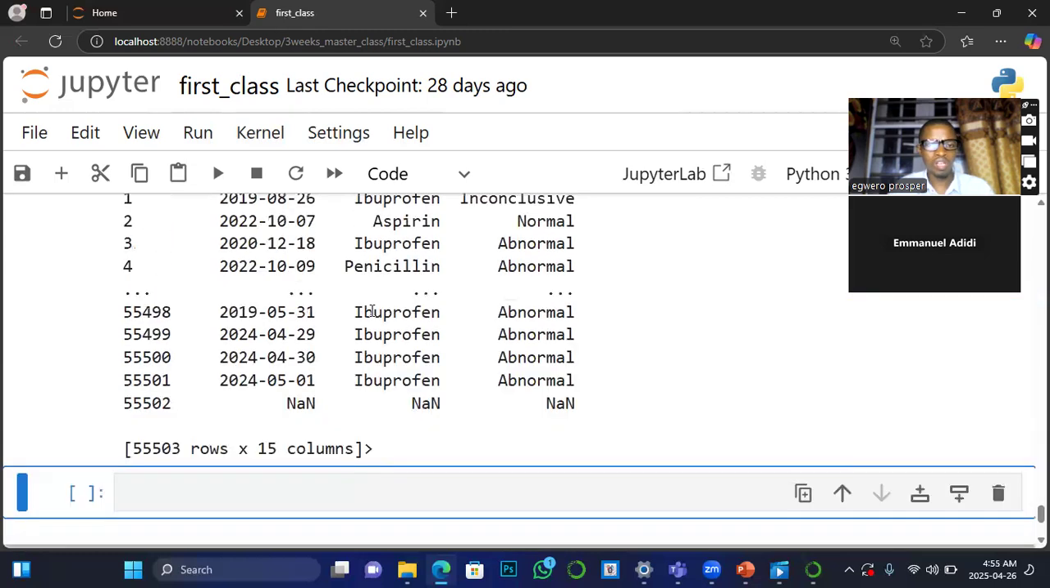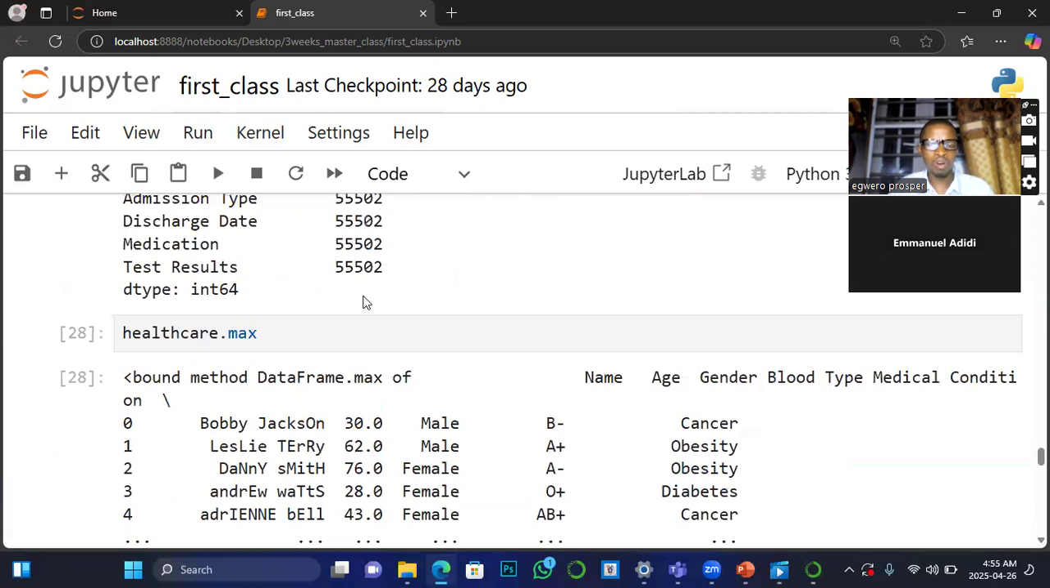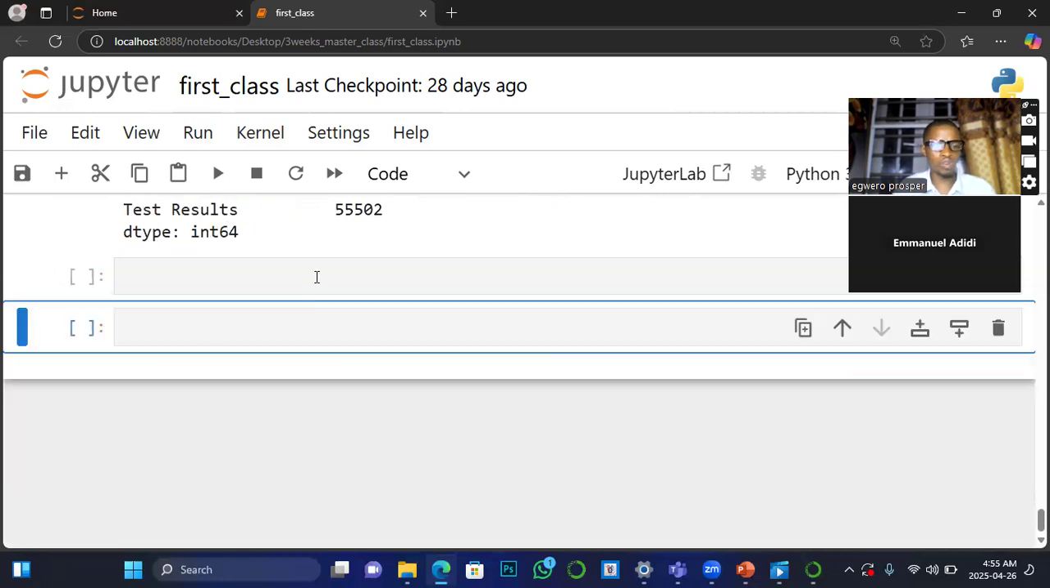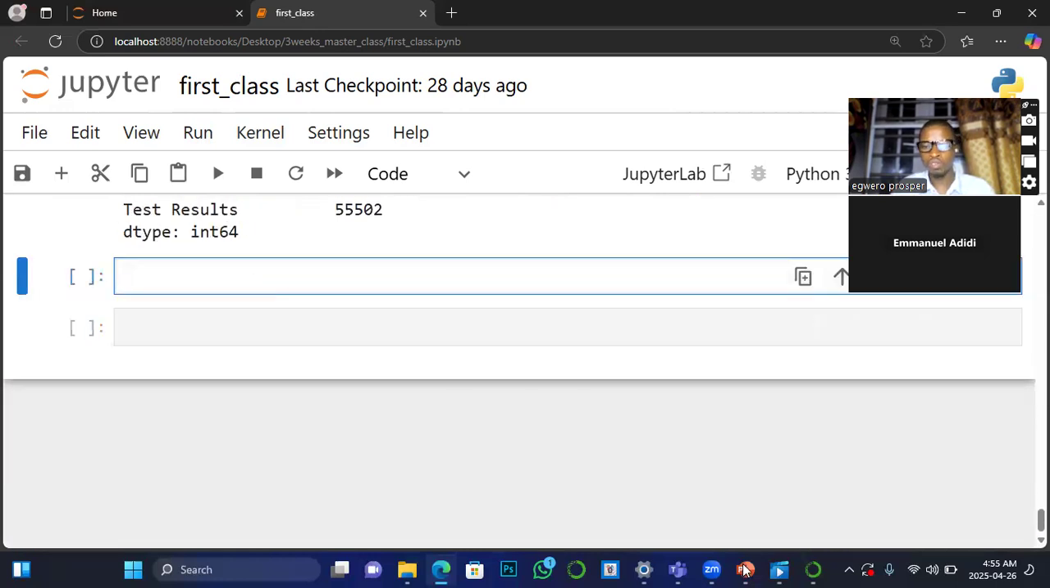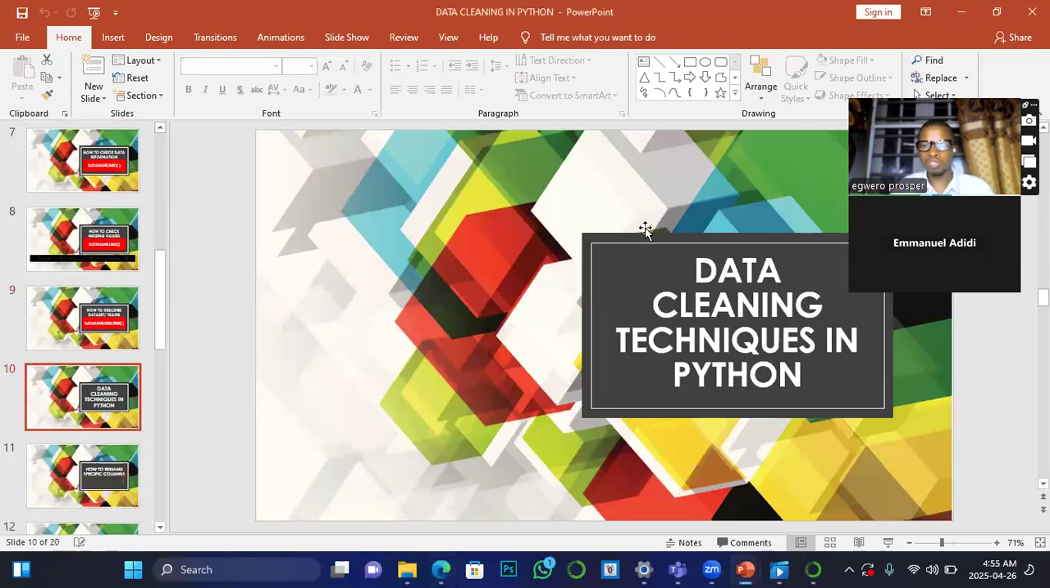Okay, so that is just to let you know that you can actually run this statistical function individually on your data sets. So you can try it. It might just work for you on your notebook. So let's quickly go to the next one because of time. So the next one is,